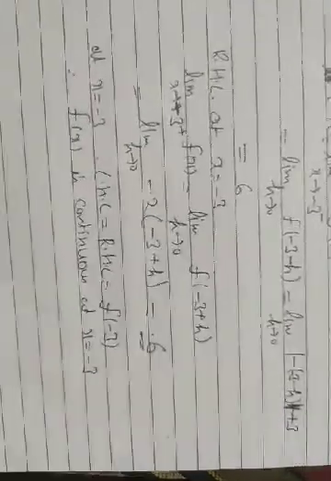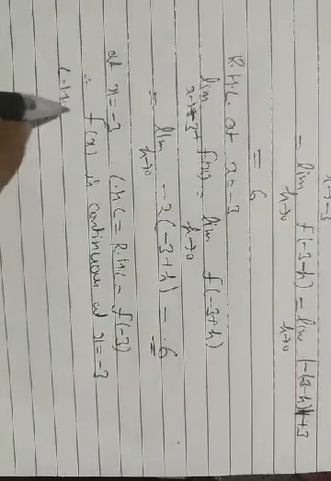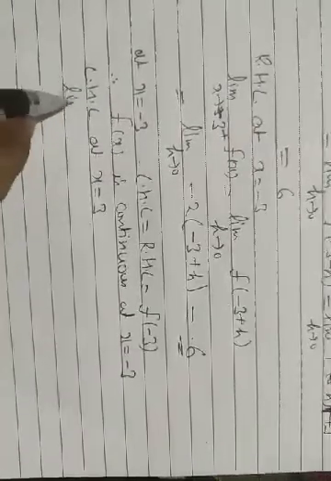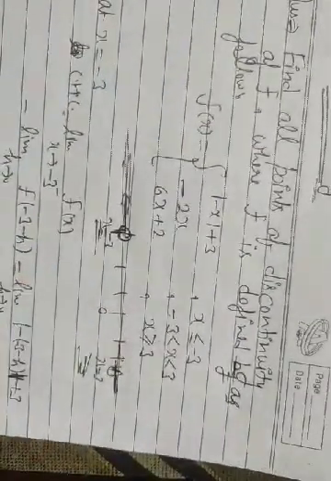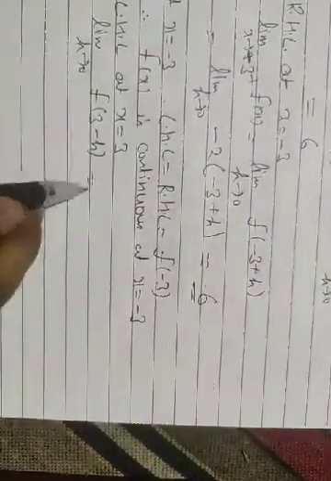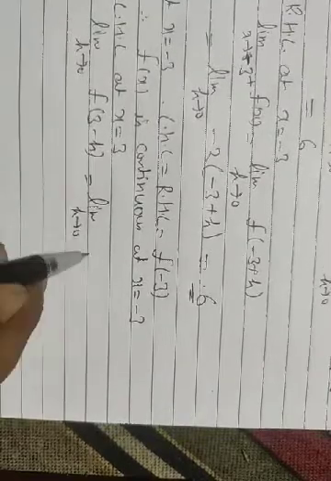Now we have checked one of the points, x equal to -3. Now we are going to check our second point, x equal to 3. We are going to start with the left hand limit at x equal to 3. I'm going to start with limit h tends to 0, f of 3 minus h. 3 minus h means less than 3, and here it is less than 3, so it's -2x. Limit h tends to 0 of -2x.